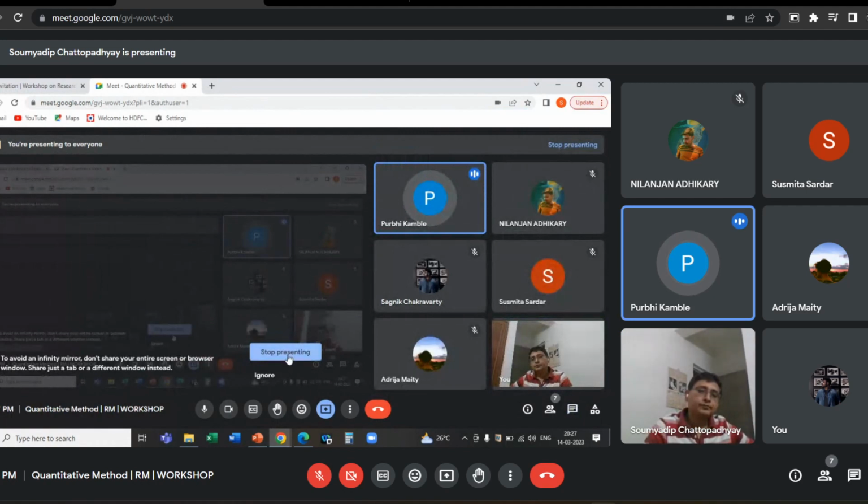Just beginning with a crude example: if I am studying the voting preferences of a particular community in a district, I may not go on collecting the entire population of the district. It might not be feasible. So I might be taking certain samples, like certain villages. So what are the factors through which we can decide a sample size? This was my question.